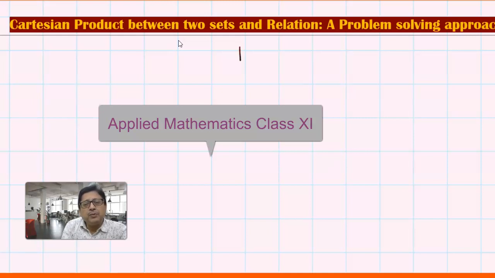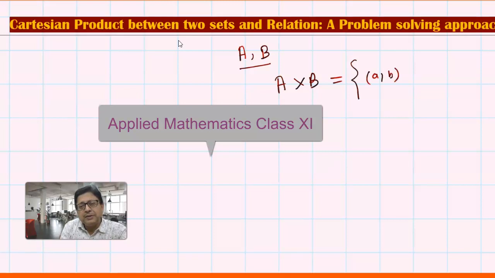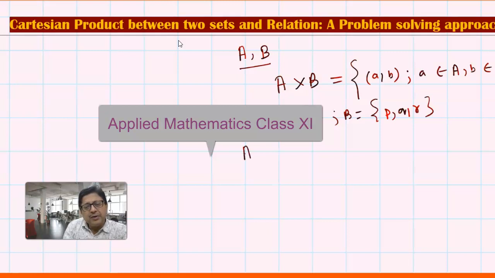Suppose there are two non-void sets. Initially let us start with two non-void sets A and B. Then A cross B will be the set of ordered pairs (a, b) where a comes from set A and b comes from set B. For example, if we have A equal to {x, y} and B equal to {p, q, r}, then in A cross B we will have elements like this: